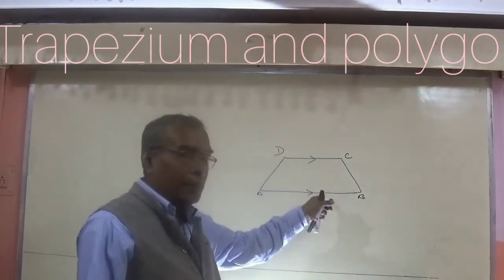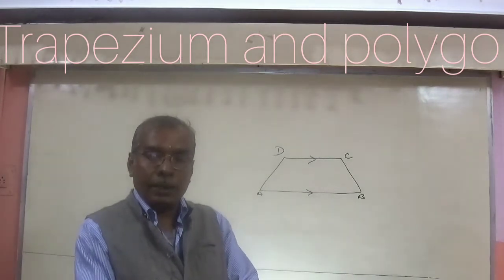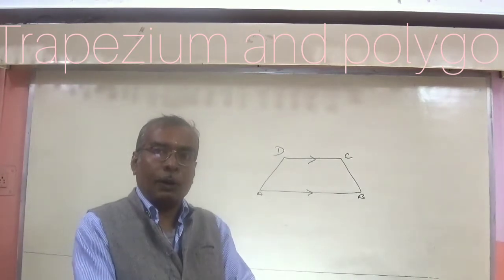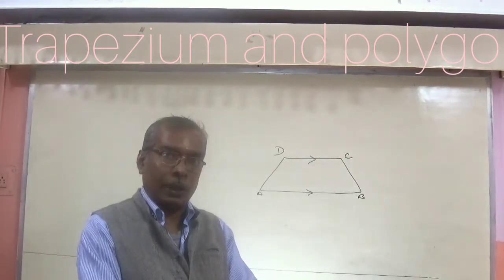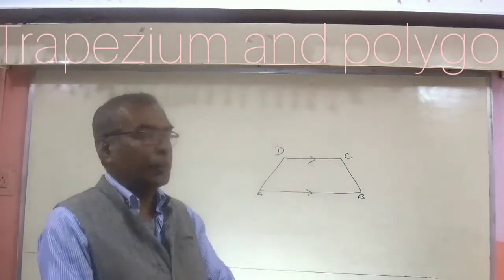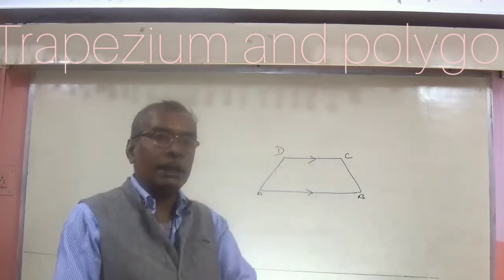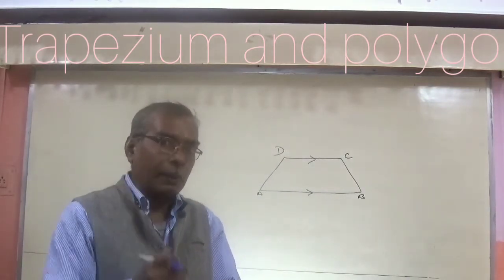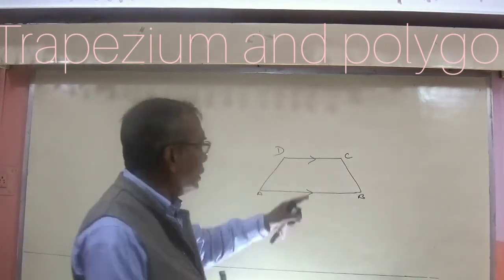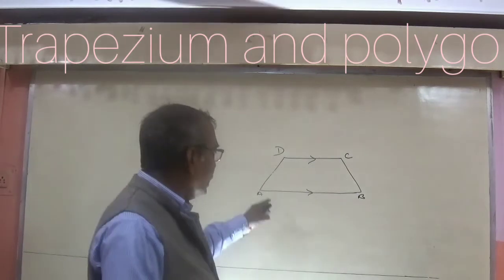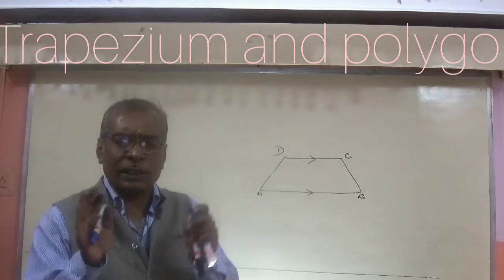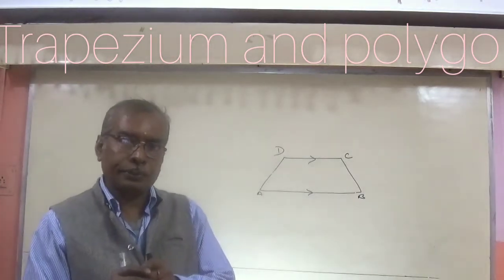Obviously the parallel sides may be equal or unequal, it depends, for different types of trapeziums, and the non-parallel sides also may be equal or non-equal. Suppose in a trapezium the non-parallel sides are equal, then that type of trapezium is known as an isosceles trapezium. And in an isosceles trapezium, not only are the non-parallel sides equal, at the same time the two base angles A and B are equal, as well as C and D. So these are certain properties of trapeziums.